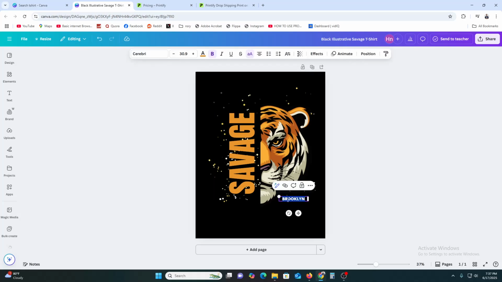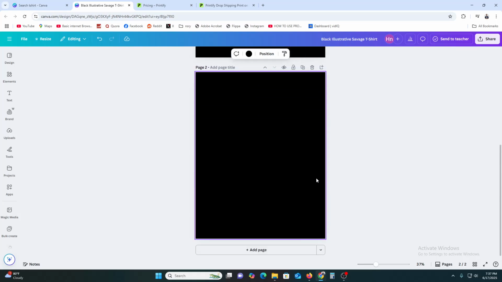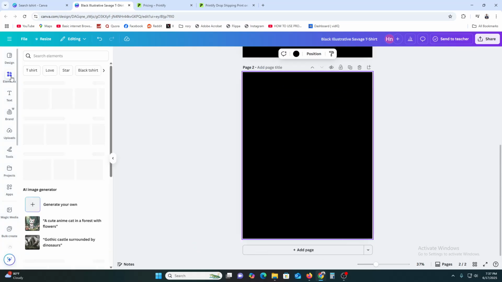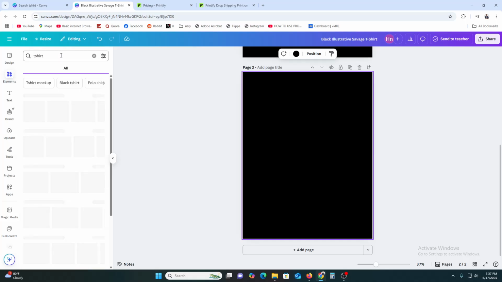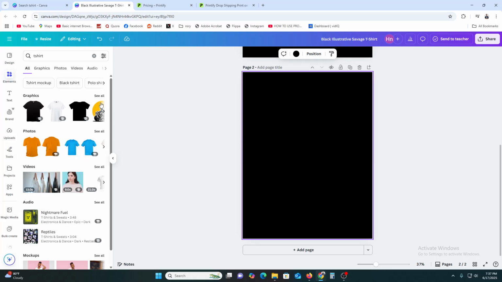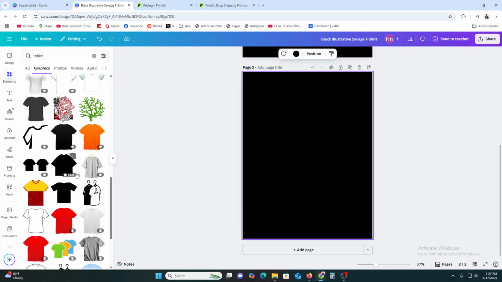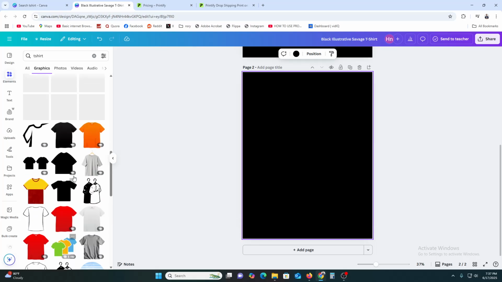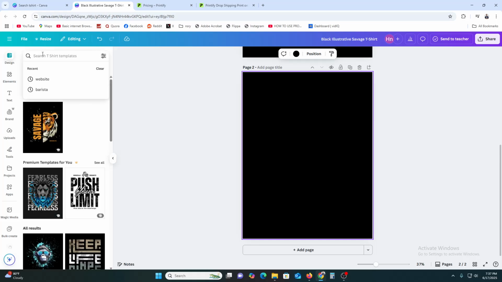So here I'm going to give my name, and this way I will complete the design. Here I am going to select another design. Let's go to the elements and search for t-shirt, and let's hit enter. And here, do we have any design? Let's try to find out some designs. So here we don't have any efficient design for us, so I will click on design and search for t-shirt,